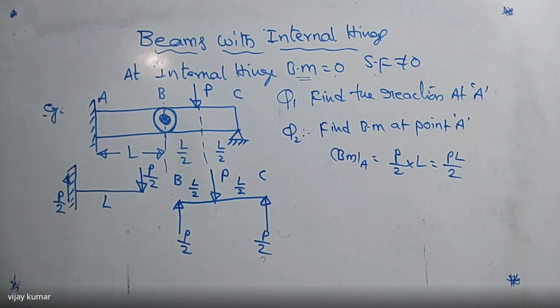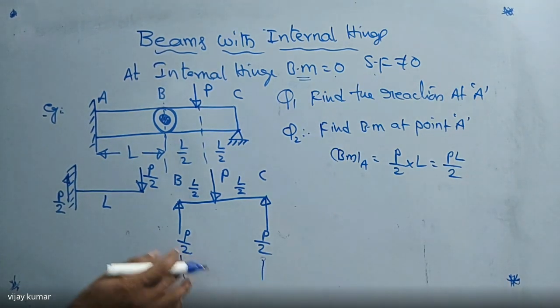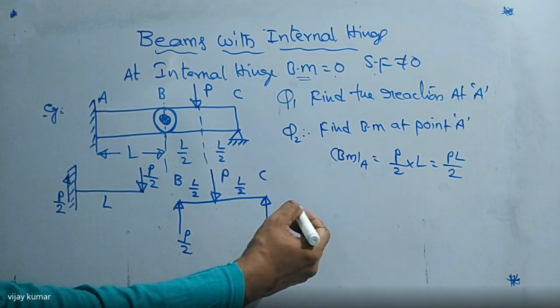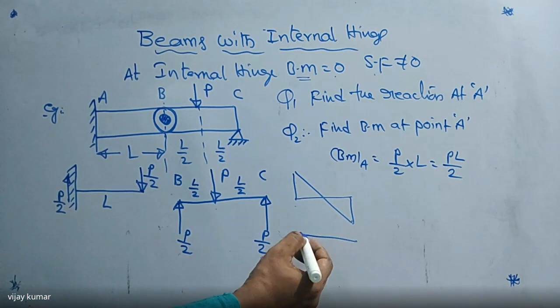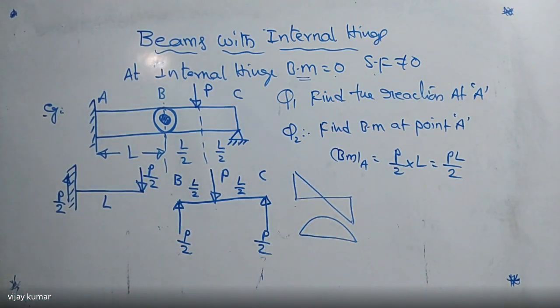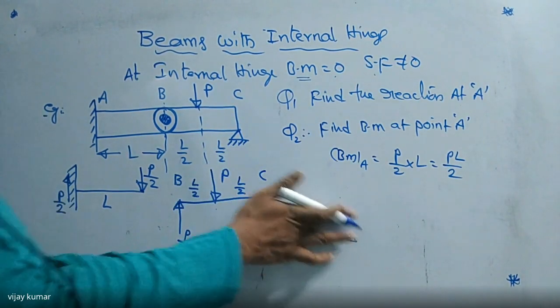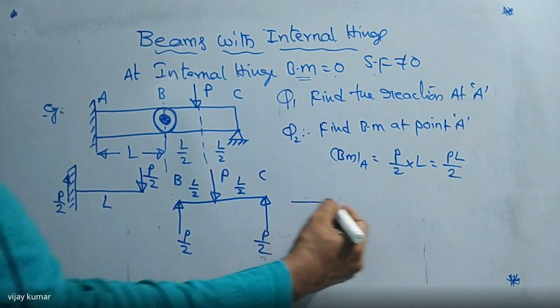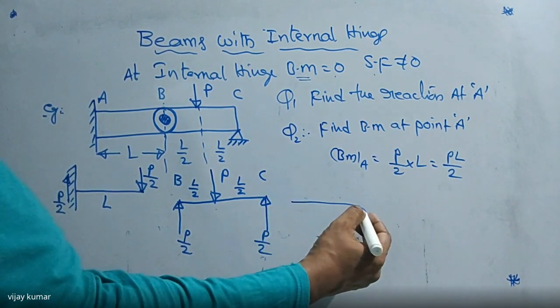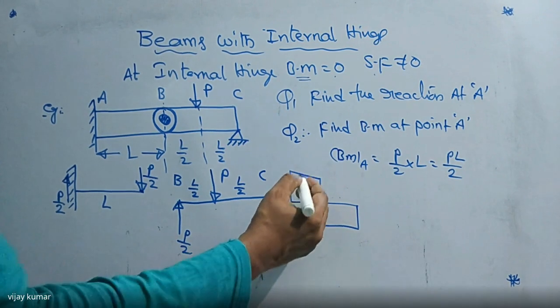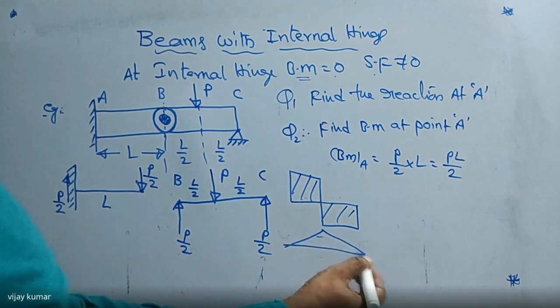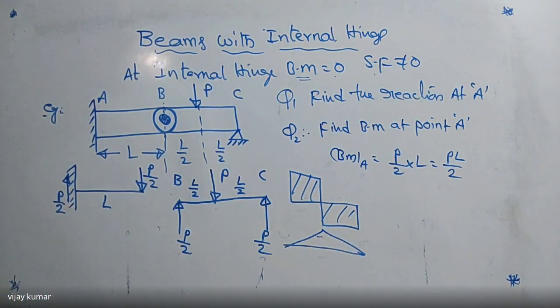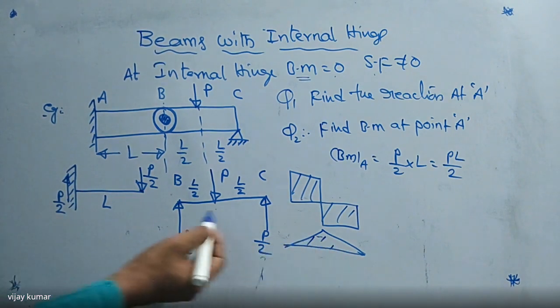In this case, what is the shape of the shear force diagram? We know that for this case, the shear force diagram is like this. And the bending moment diagram is like this. Did you get my point or not? Sorry, this is not a UDL, it is a point load. So for a point load, the shear force diagram moves in the upward direction, like this, like this. So this is the shear force diagram for this case, and the bending moment diagram is like this. So here, this is the shear force and bending moment diagram for this case.